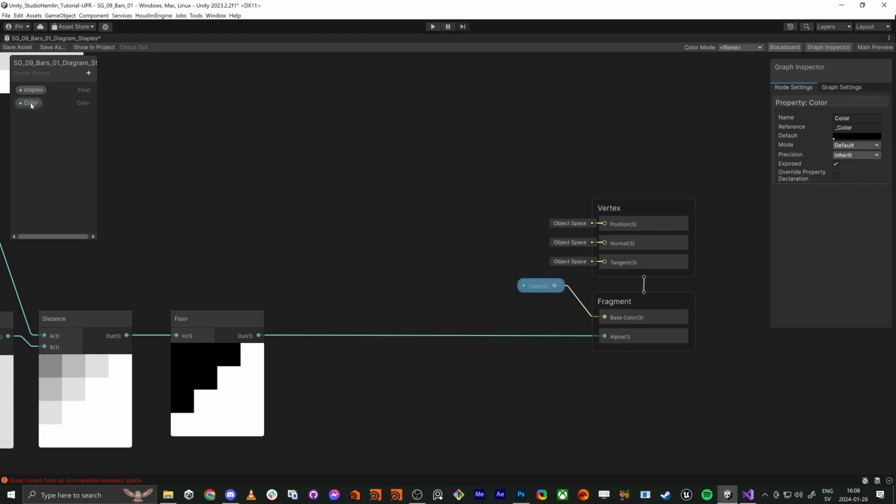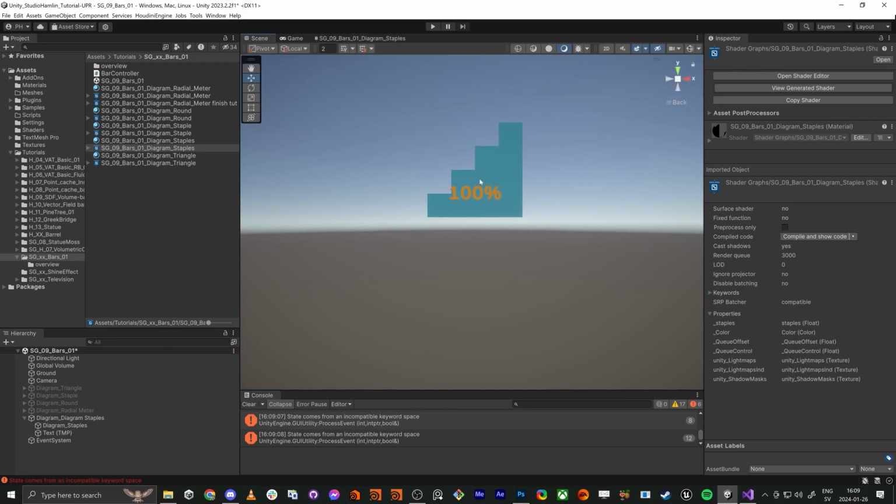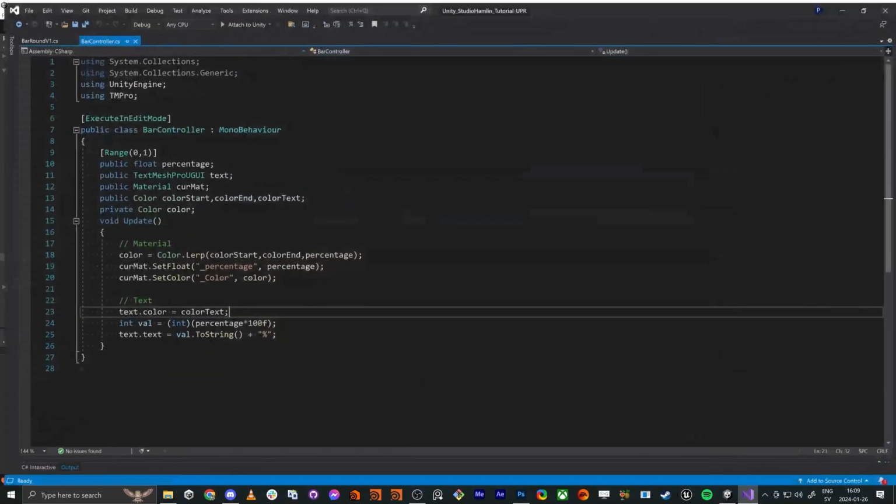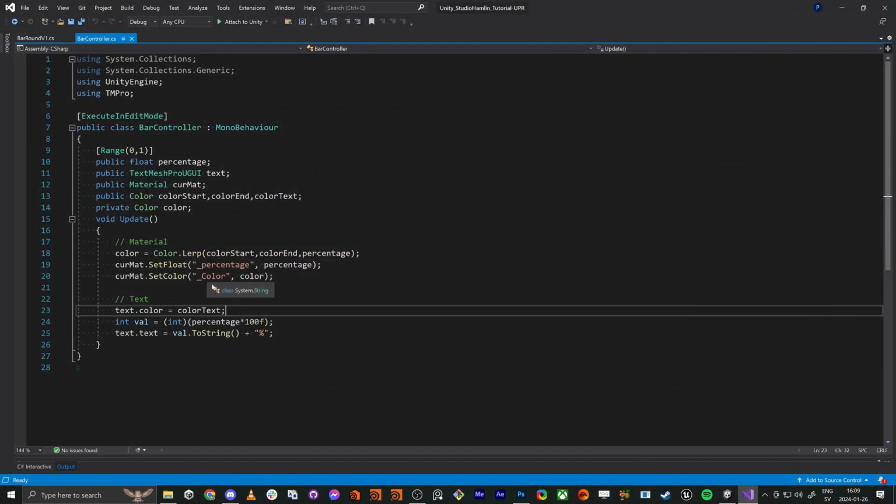And because we expose the color variable here, the script now will pick it up and put the color in it, because here you see the color is